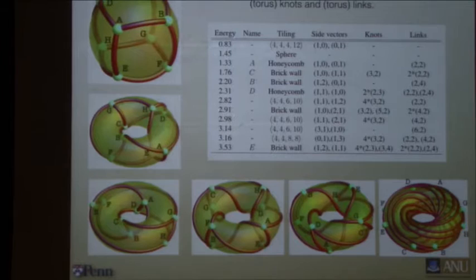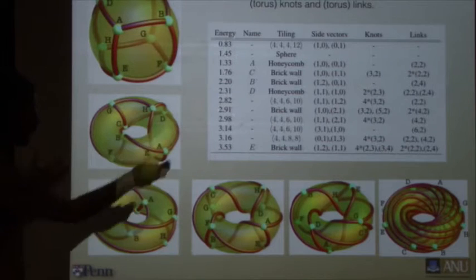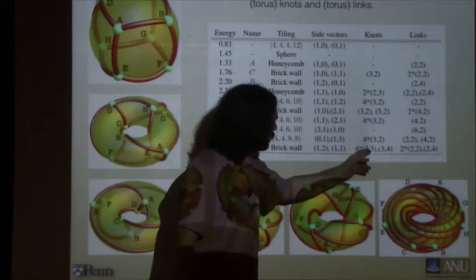Now, here's a table of these lowest energy structures because it's relevant to chemists. Chemists actually make these things out of little blobs of, I've forgotten what they call them. So we invented an energy function, which I don't think much of, but there it is. And you can see here's a list of the simplest ones, analysed partially in terms of the knots they contain,